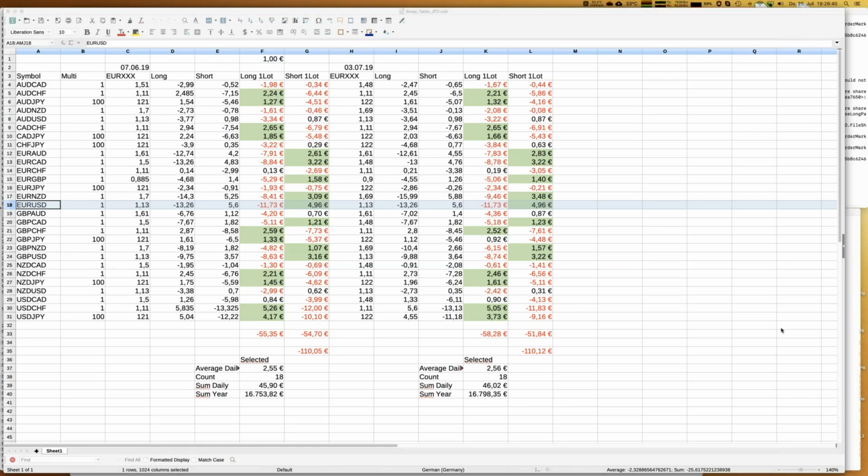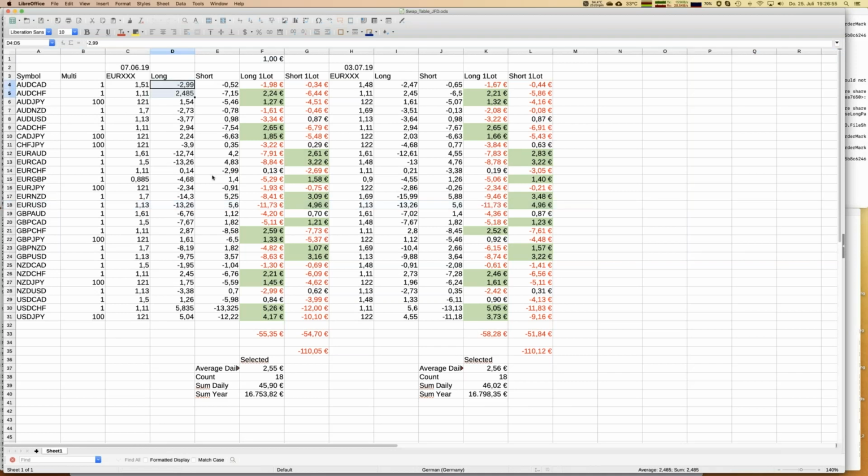Okay. Can I look at the size of swap for a currency pair on MT4? The answer is yes, and I will show you in a minute. Just a second, then you will find those points and how to translate those points. Yeah, you might use exactly that Excel sheet, or you do it simply by your own, no question. But you will get exactly those numbers, like minus 2.99 and yeah, here's a calculation. And I will show you, because I go into MT4 in a minute.